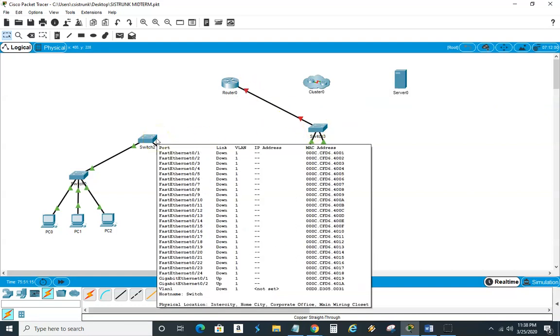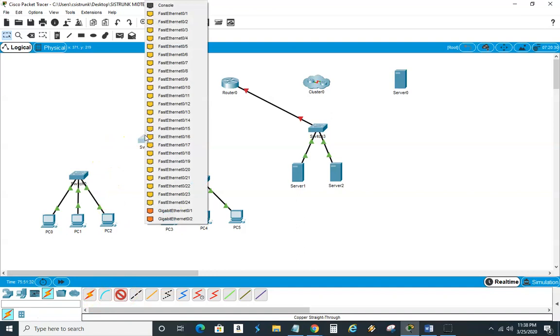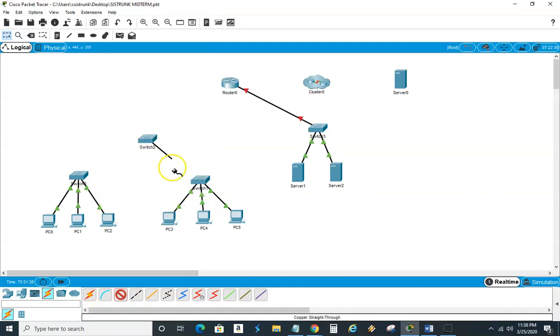And I'm going to show you all the ports in a minute. I'm going to click on something that's going to show you the port. But now I got to get rid of this because I need those gigabits to go up there. So let me get that. So I'm going to take the cable and I'm going to go here. And I want this to be 1 here. And I want this to be 0 here, okay? So that's why I did that.